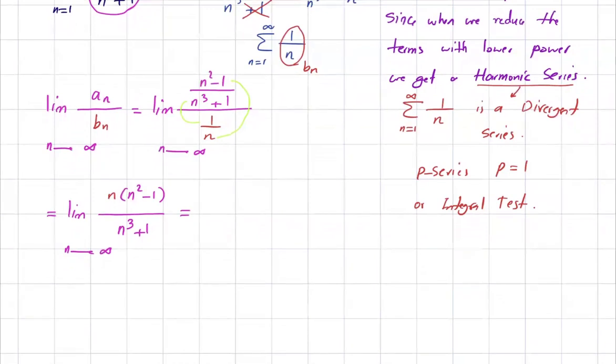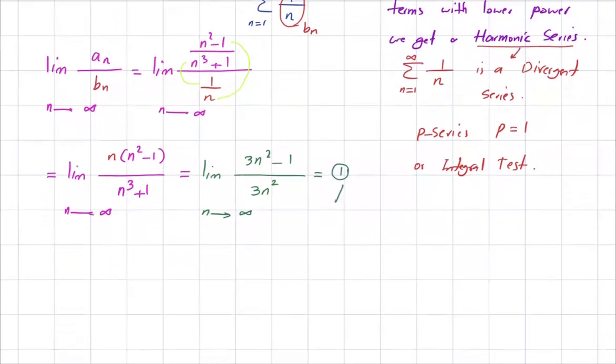This can be written as, so let me show you, the limit of, which is n cubed minus n, you get 3n squared minus 1 divided by 3n squared as n goes to infinity. This is equal to 1. But remember that since this is a positive finite number,